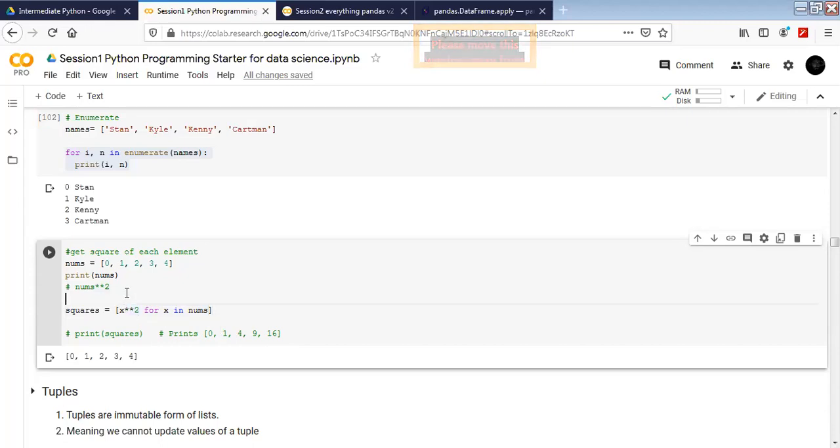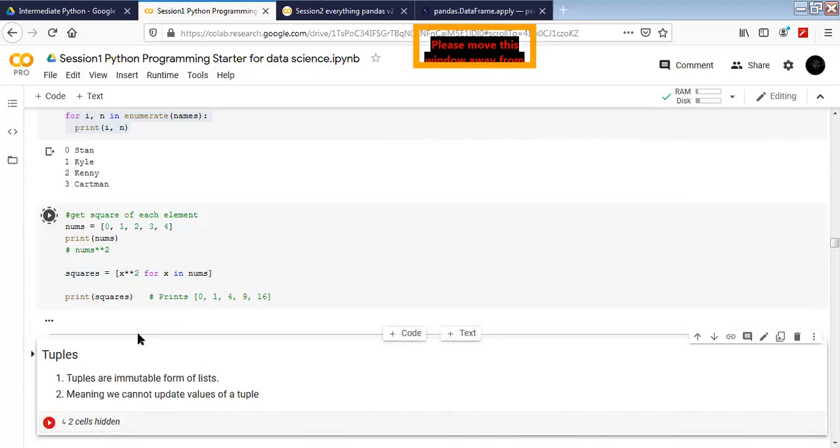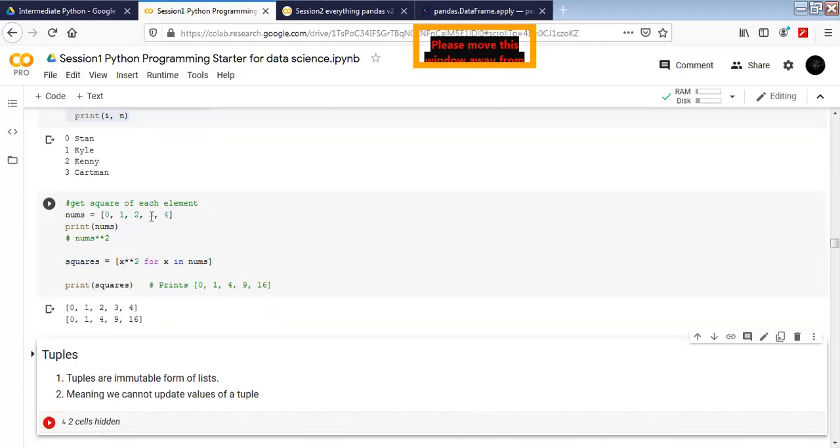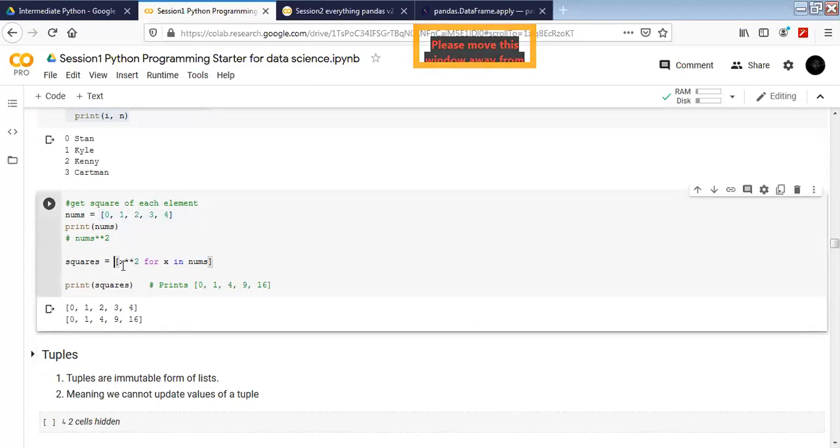So this works like this. The format is going to be i, whatever we want to perform on it. This part is going to be whatever we want to perform on the element, and then for, and this is the arbitrary variable for the counter, and then in and inside num, and we are going to wrap it in a list again. This is going to return us the squares of each and every element. So the first one was like this, and then we use a single line like this, which is going to return us the squares for each and every element.